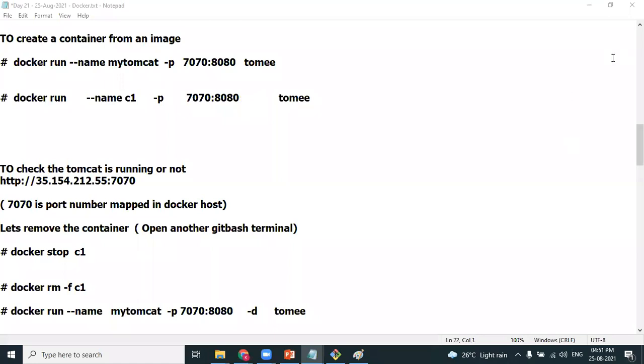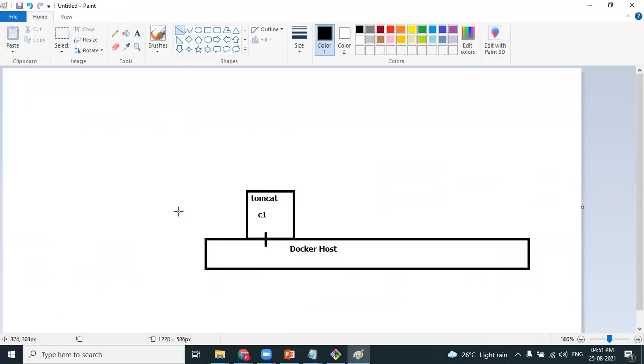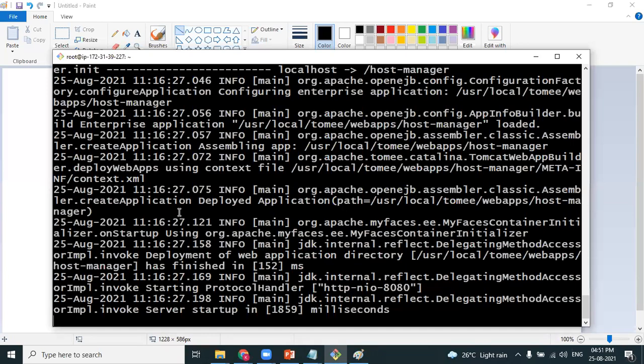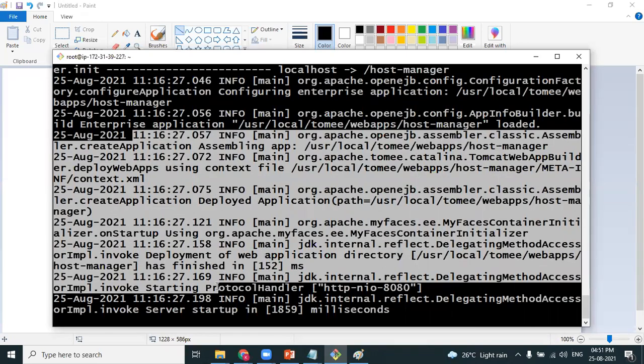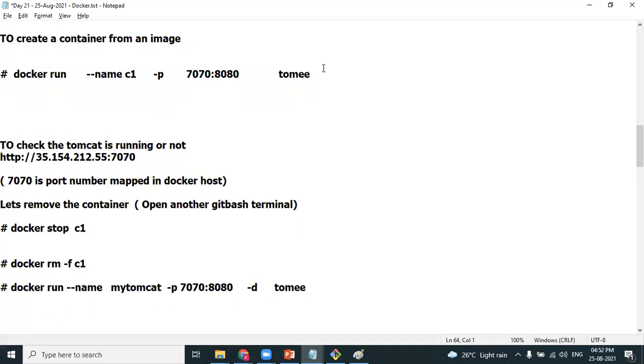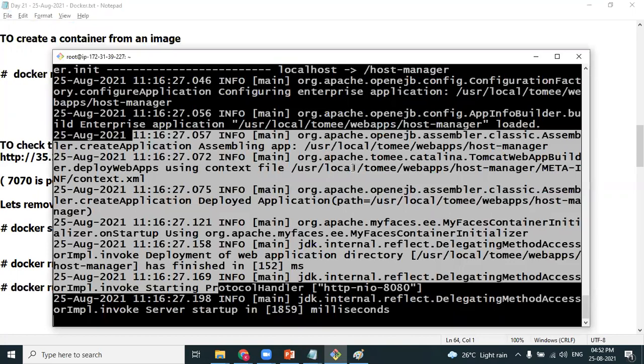Please drop your hand. Now, Anuj, one container is running, agree? The Tomcat container is running. And what is your Docker client? This is your Docker client, that is Git Bash, and your Docker client is busy with the container log messages. I want to stop the container. If you want to stop the container, docker stop followed by the container name. Your container name is C1. But my terminal is busy, I'm not getting a prompt back so that I can run my next command.